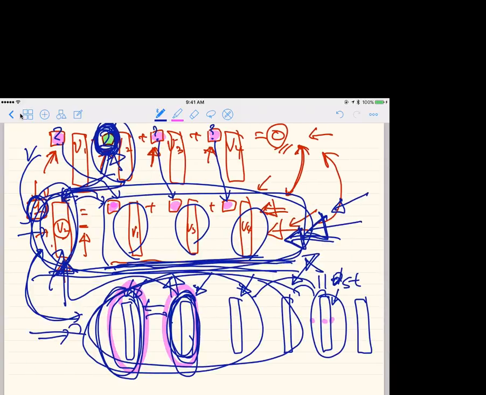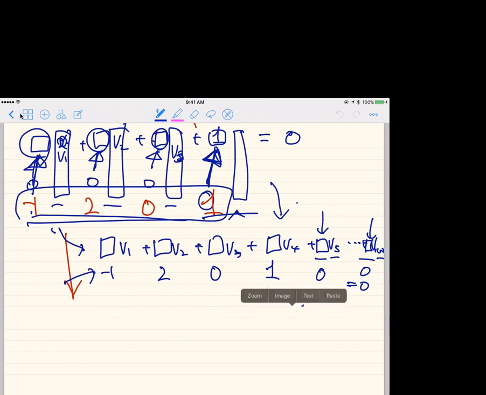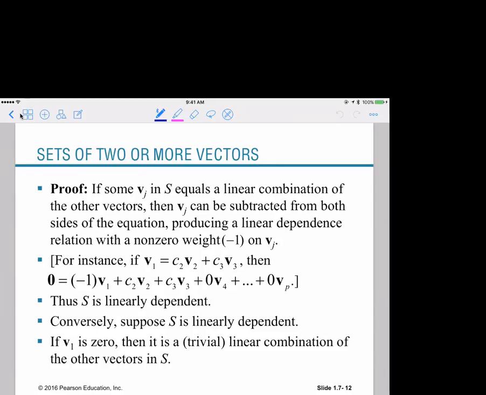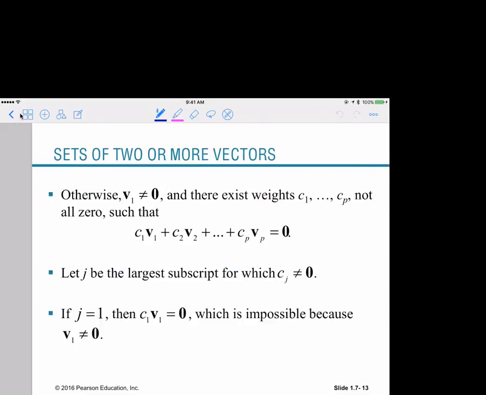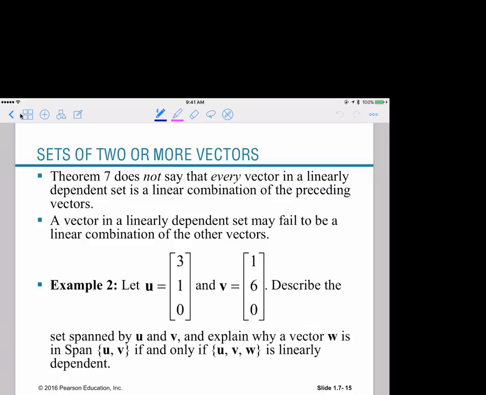So that's why this kind of sequential finding of a linear combination representation is equivalent to the second one. Any questions? Okay, then